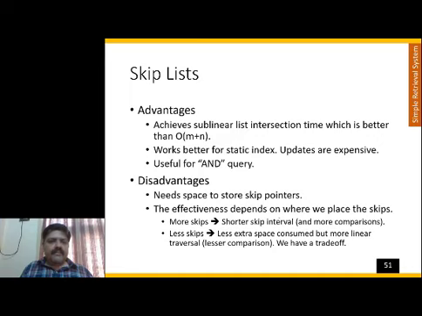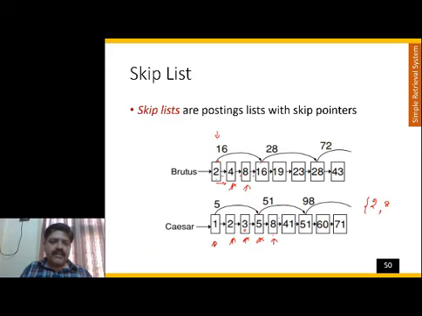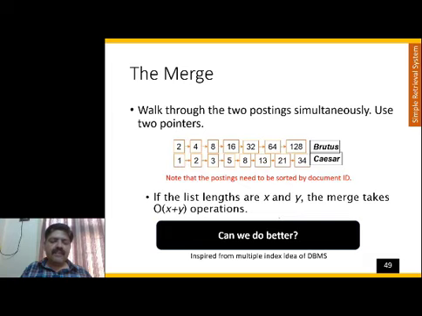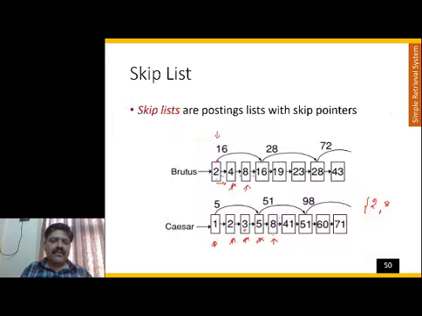As I said, the advantages are that it achieves sublinear intersection time, even better than m plus n. It works better for a static index. So what is a static index? So far we have been assuming that the index never changes, and it just stays like this. So if you create all these additional pointers, you don't need to worry about the overhead of updating these pointers